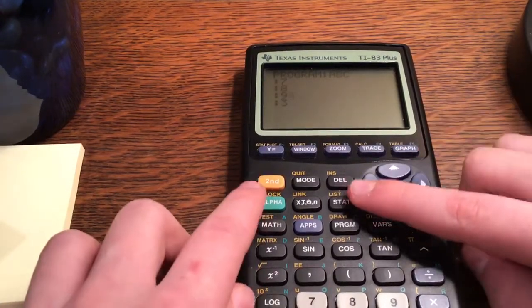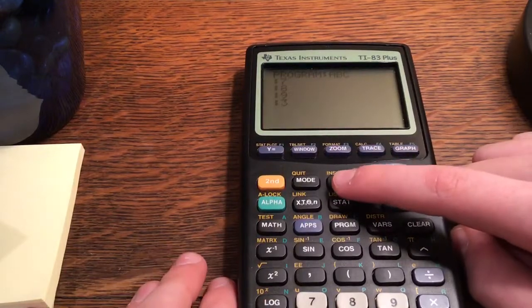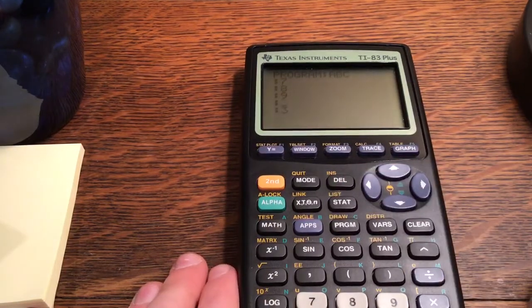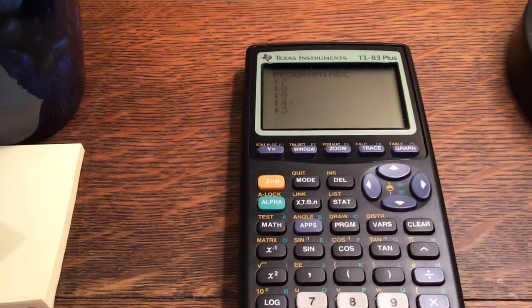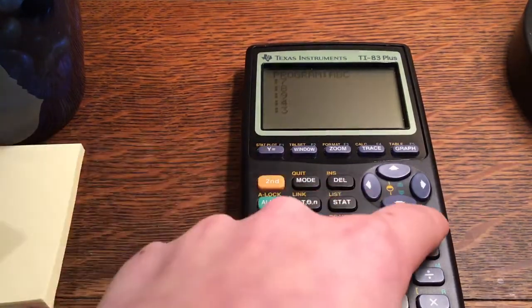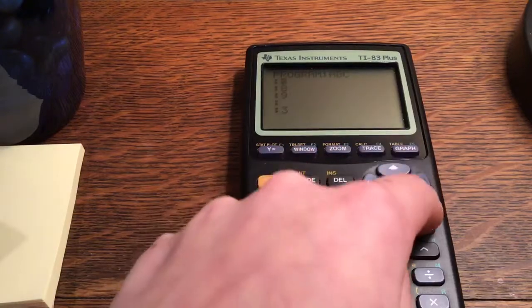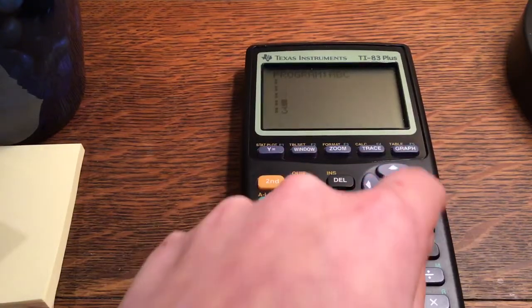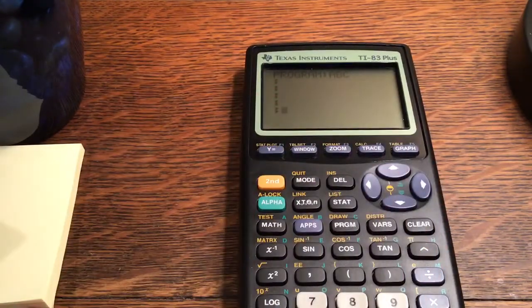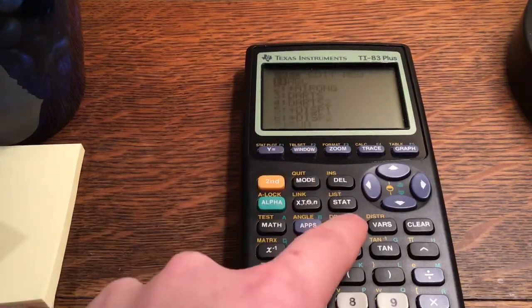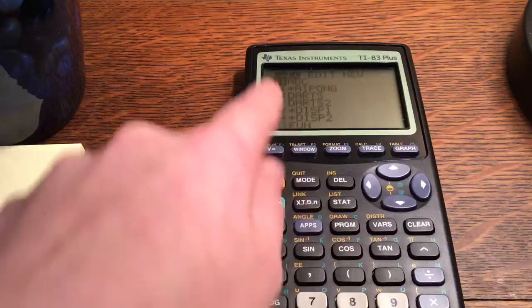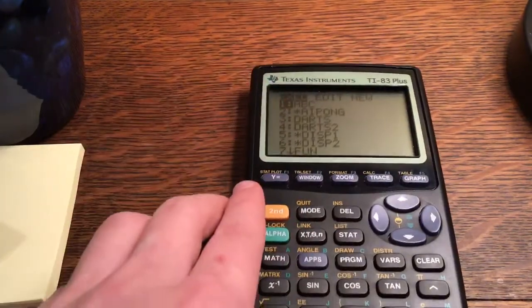What you do is you do second, delete, which is the insert, and then you click enter, and it'll allow you to make a new line to put your number in, which can be very useful at some times. So, I believe that is all I have. And if you want to run the program, you just click program on the execute tab, and you click